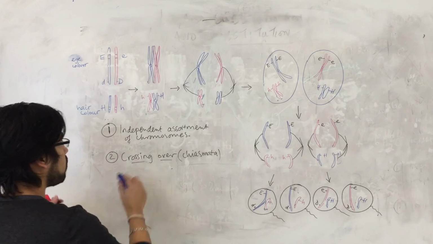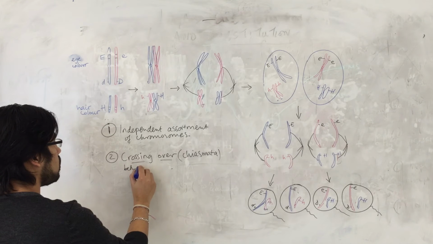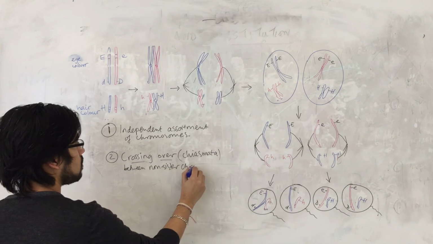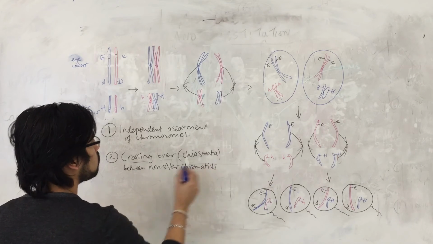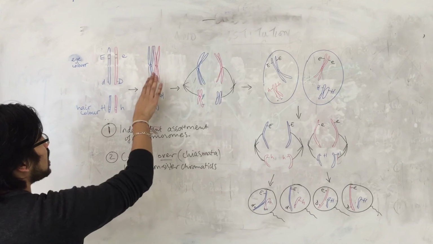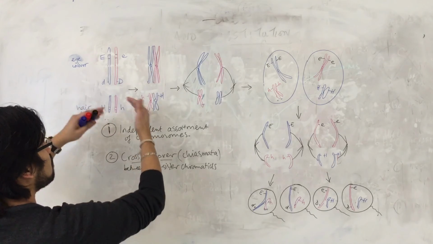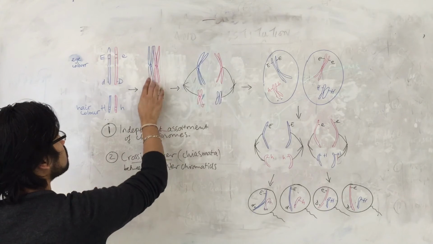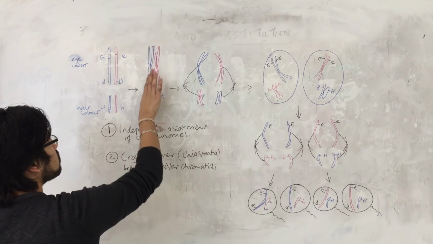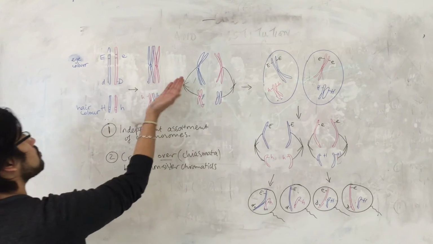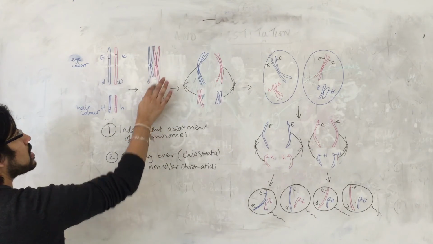So I'm just going to put that there. Crossing over between non-sister chromatids. So I'm just going to draw what that would look like. What that would mean is DNA, corresponding DNA, remember they've got the same genes, only different versions of the gene. So corresponding DNA from this chromosome would move to that chromosome, and from this chromosome to the other chromosome. So what would that look like? It would look like